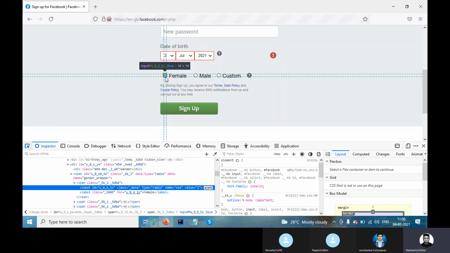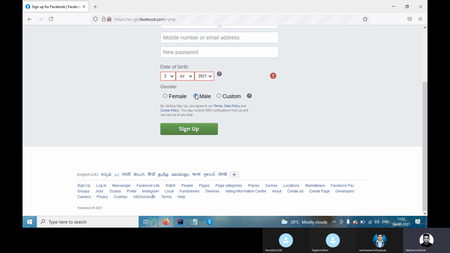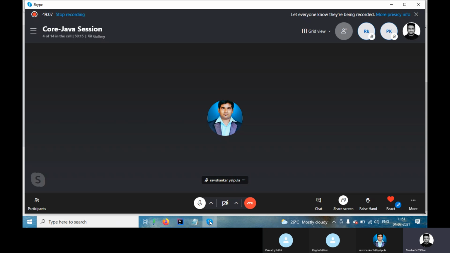So just inspect this. See, always before you inspect any application, click manually. Okay, and see. Suppose if I click, it will get checked. If I click on female also, it is clicking. Can you see? Even if I don't click on this checkbox and click on the female, still it will work.